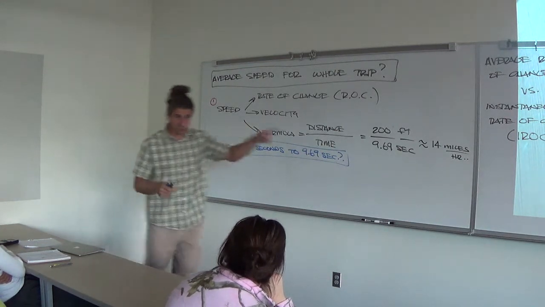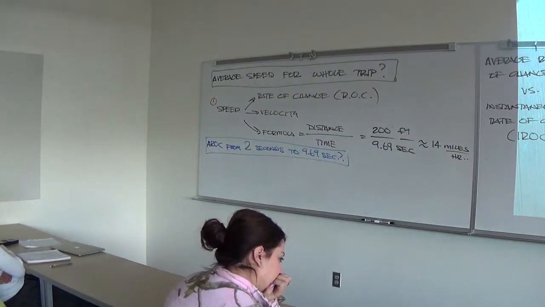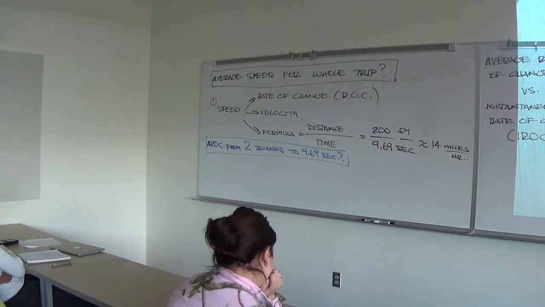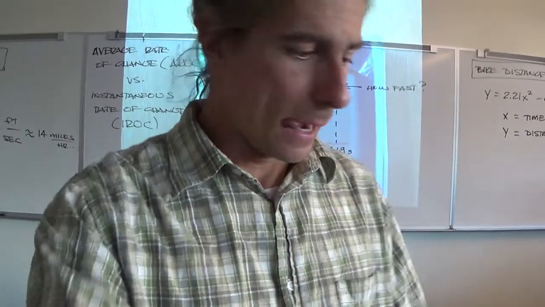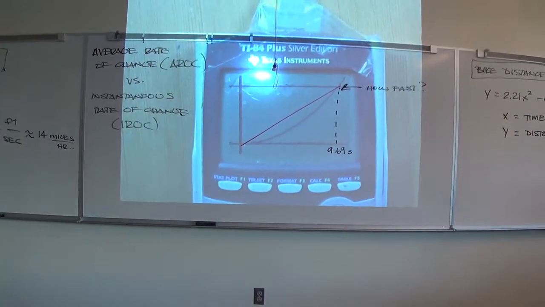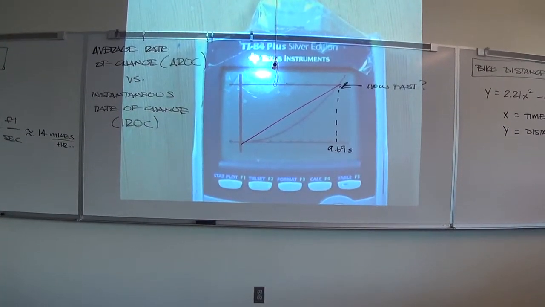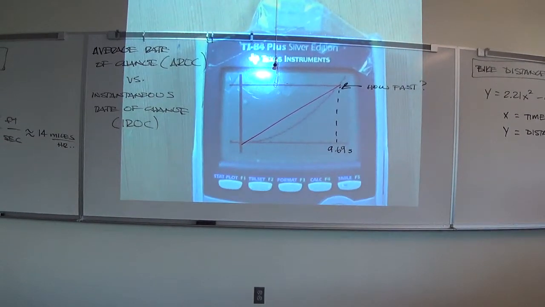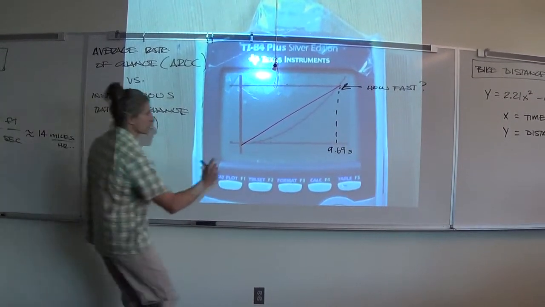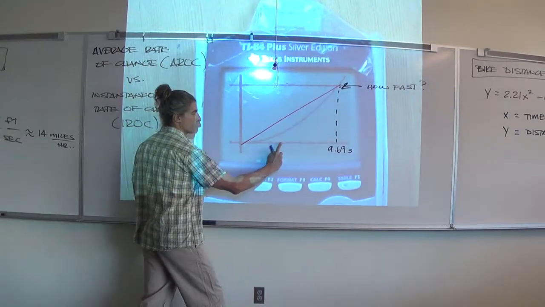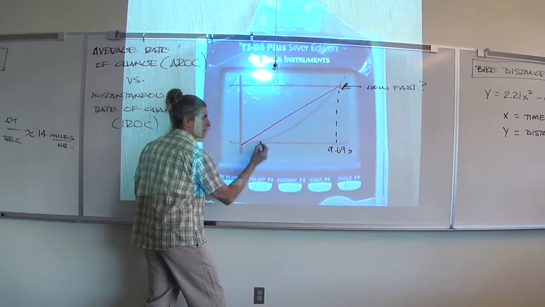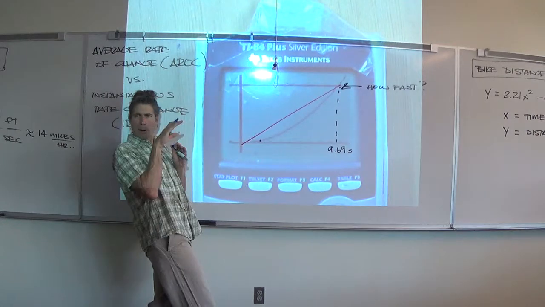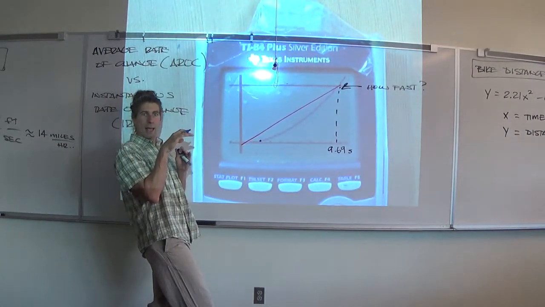Now, first of all, can you see it on the graph? Let me see if I can make you guys see it. Okay, here's the curve. The red line is my average rate of change from the whole trip, 0 to 9.69 seconds. Can you see what my average rate of change line would look like from 2 seconds to 9.69? First of all, find 2 seconds. So that's 1, 2. There's 2 seconds right there. So what we're going to be doing is finding that, which is up off the x-axis a little bit, and connecting it